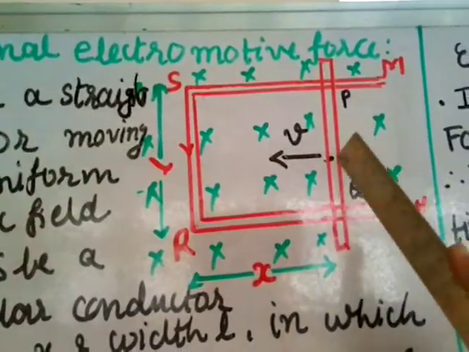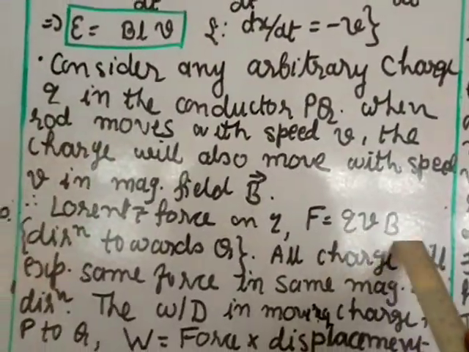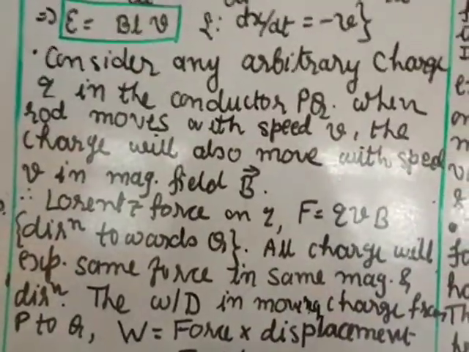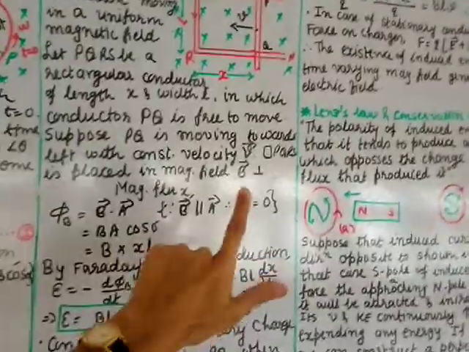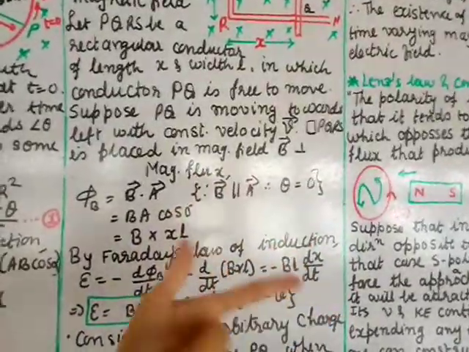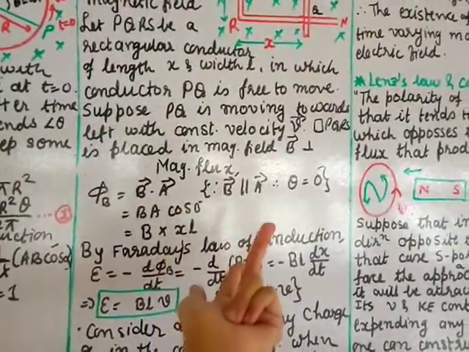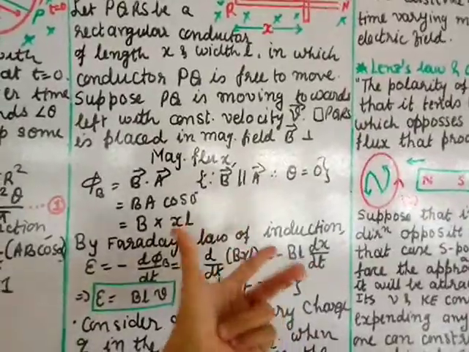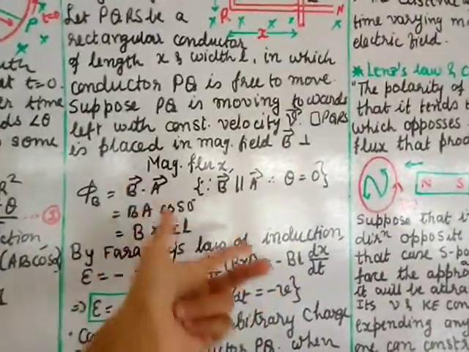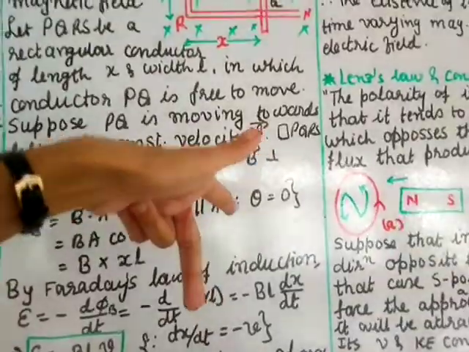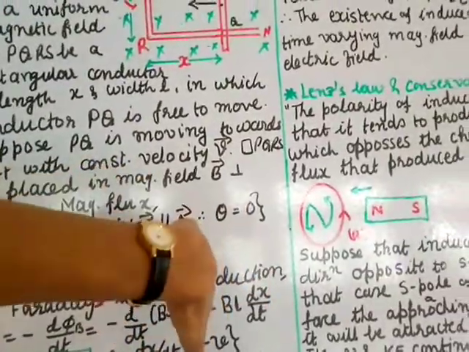So there is a force on this charge. And that force is given by F is equal to qvB. Okay, now direction. What is the direction? We have to use Fleming's left hand rule. The forefinger will give you the field, the middle finger will give you the motion, that is here velocity, and the thumb will give you the force. So you look here, the field is inside, the motion is this side, so force is downward.